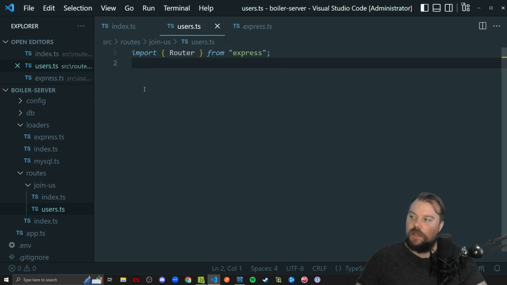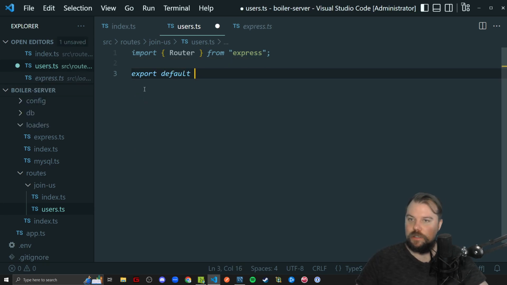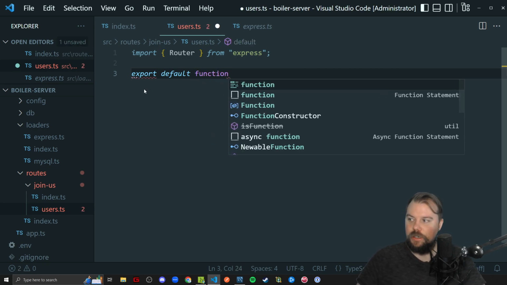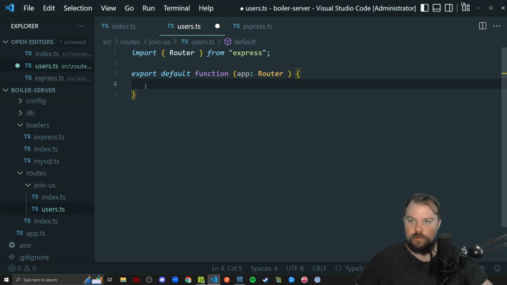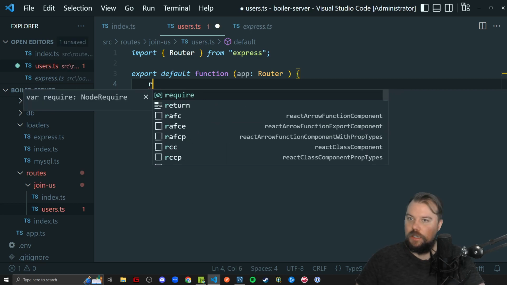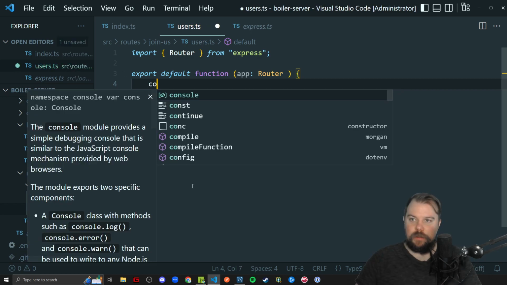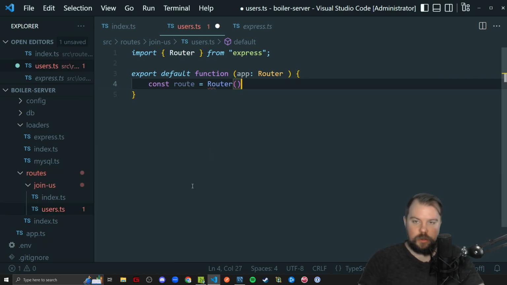wunderbar. And if we had middlewares and tables and things like that, that's where I'd end up writing more code here. But for now, I'm going to instead just say export default function that takes the app we've been working and configuring. And what I need it to do is simply build up everything we need it to build up. So I can say const route equals a call to our router,